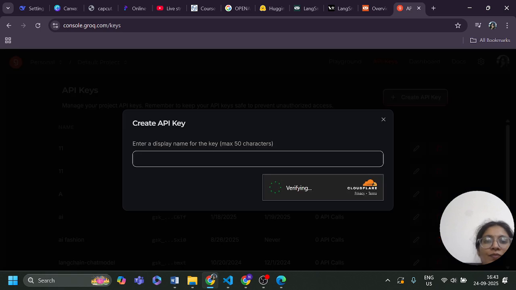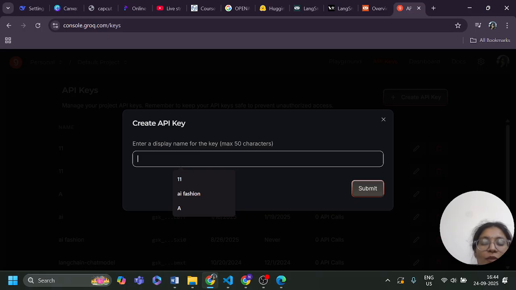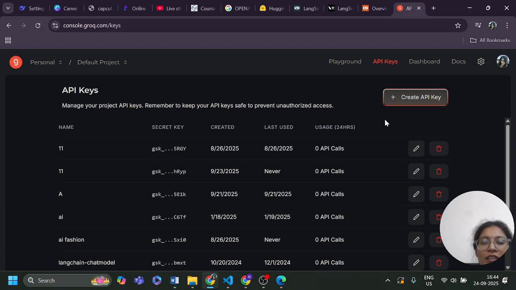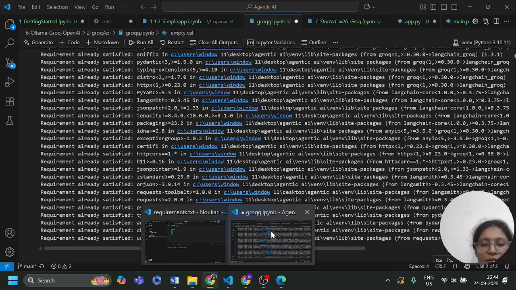You can give a display name for your API key. You can give any name for an AI project like chatbot, and submit. Then you get the API key and you need to keep it